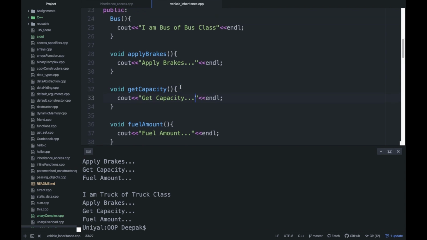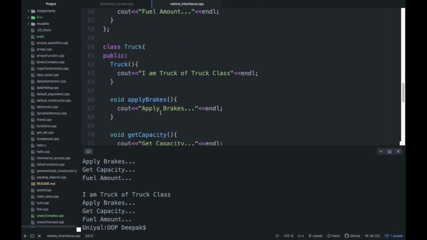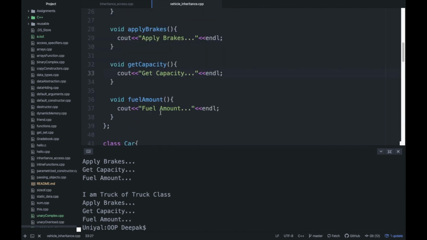We have only three functions as of now, but there could be thousands of functions when you're writing some real world program, and that could be problematic because that's going to produce errors if you are not able to copy it correctly, or you might forget that sometime, right? And there is a lot of duplicacy here. We are writing all these functions every time, so it's getting very difficult.